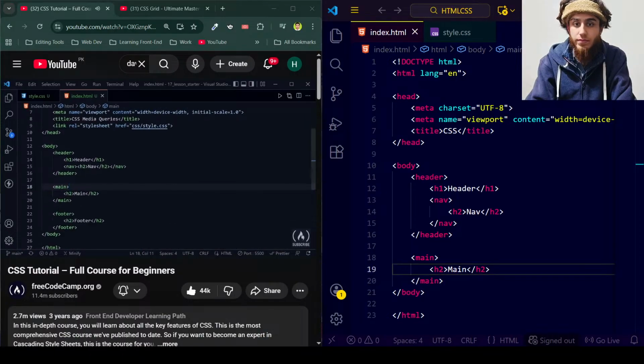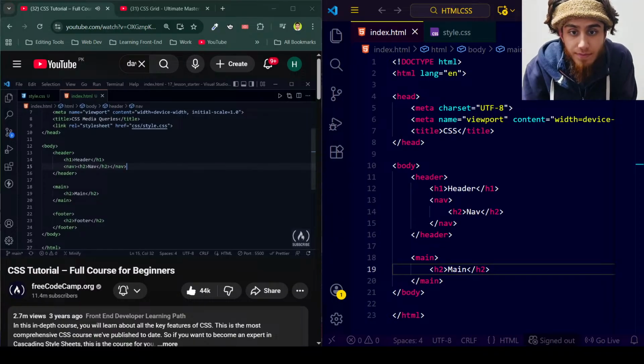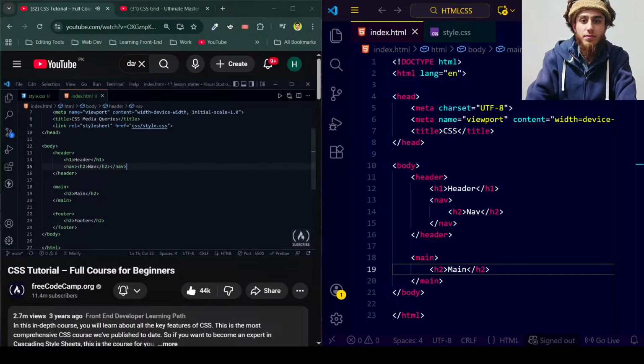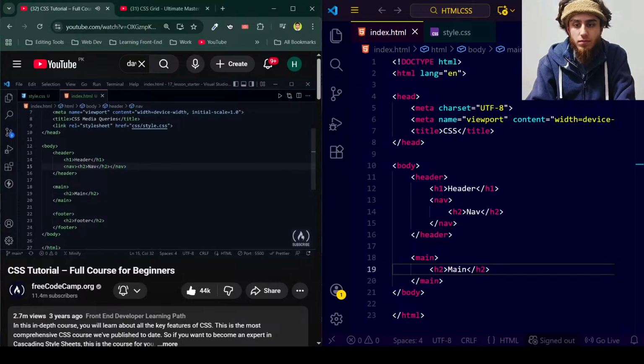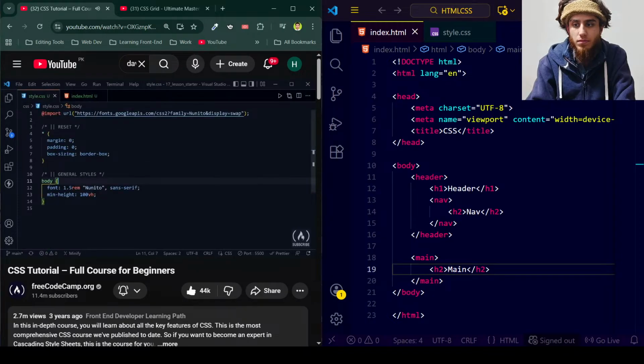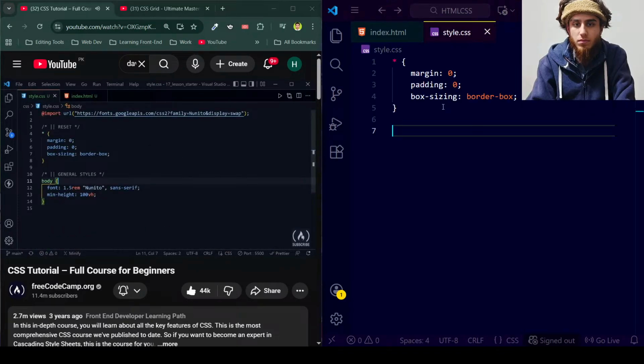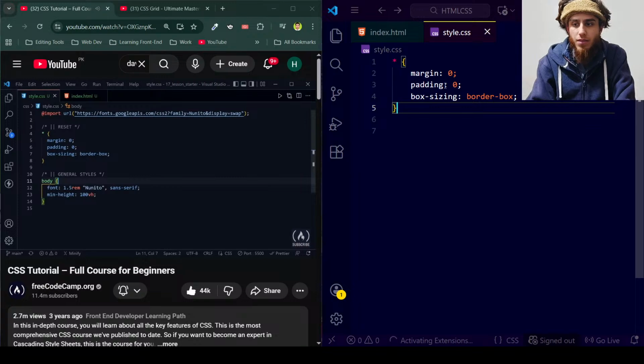I have a page outline that has a header, a nav inside the header element, a main element and a footer element. And so we're just going to outline a page and see how it changes based on viewport changes. And then in the CSS, I've got some basic CSS here. In this CSS, we have the CSS wizard and